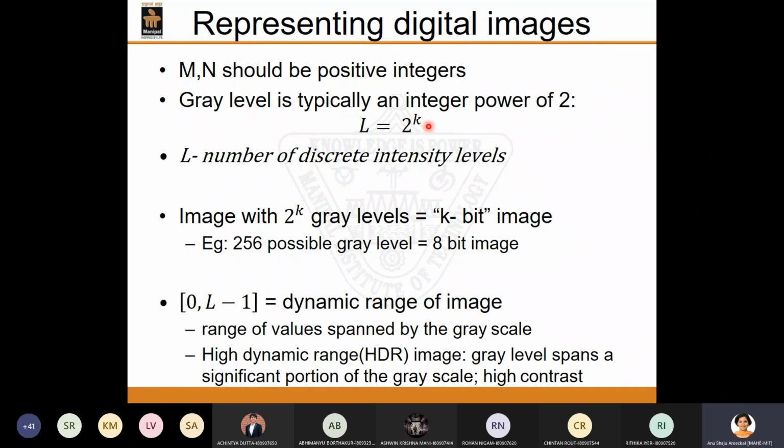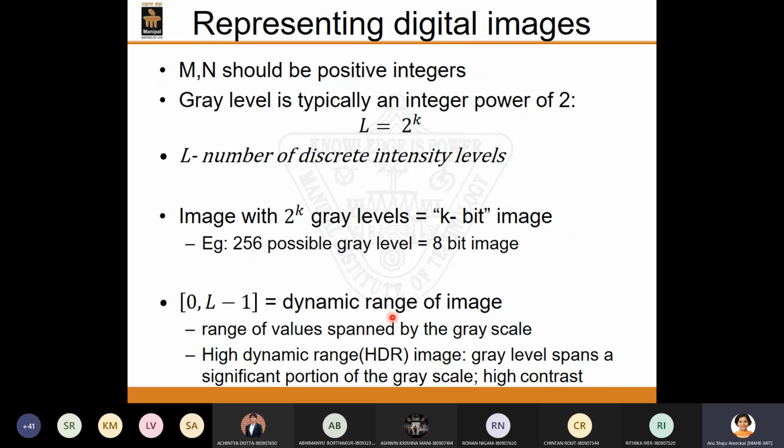As an example which I took earlier, let's say the value of k is 8, then that means it is an 8-bit image, and the total number of intensity levels which that particular image could have is 2 raised to k, which is equal to 2 raised to 8, which is basically 256 levels, right? And all these values, that is from 0 to L minus 1, can be called the dynamic range